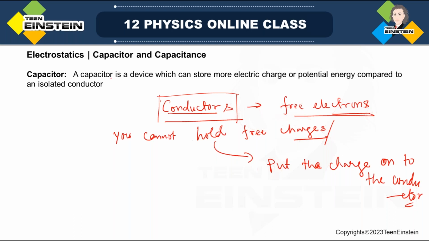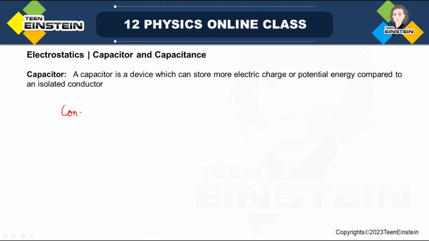So what we have learned is that conductors can store electric charges within them,